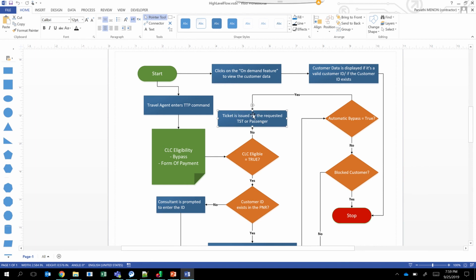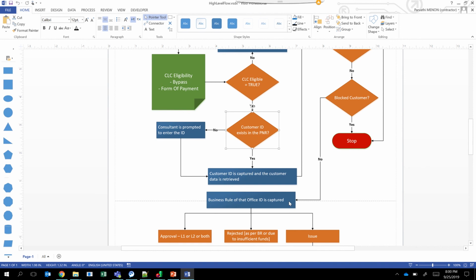Now, if the form of payment matches, which implies my CLC is eligible, then the script would check if the customer ID exists in the PNR or not. If the customer ID does not exist, then the consultant is prompted to enter the customer ID, and once the customer ID is entered, the application checks in the database if the customer ID is valid.